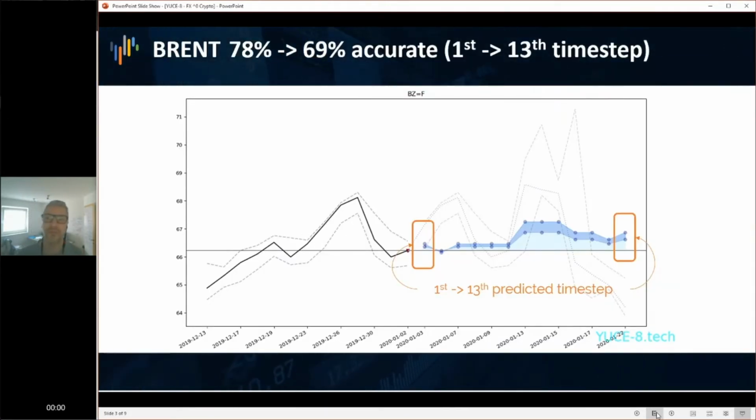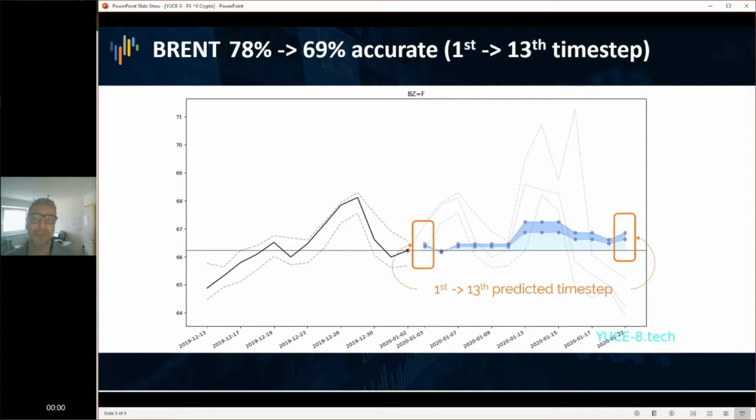The first one is, for example, the Brent price. You see on the screen, the blue line is the forecasted one, and the black line on the left side are the highs and lows and closing prices of Brent as they existed before the 2nd of January when this prediction was run.